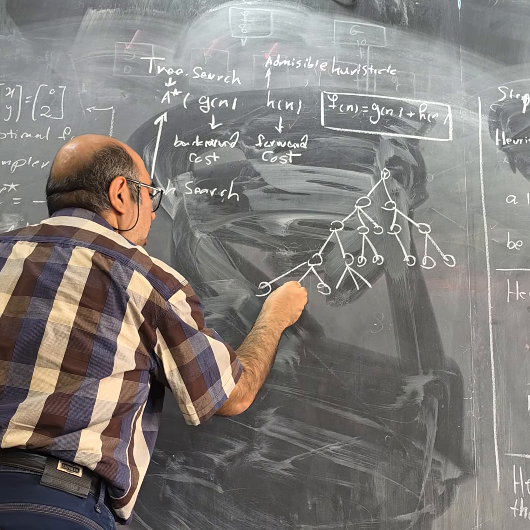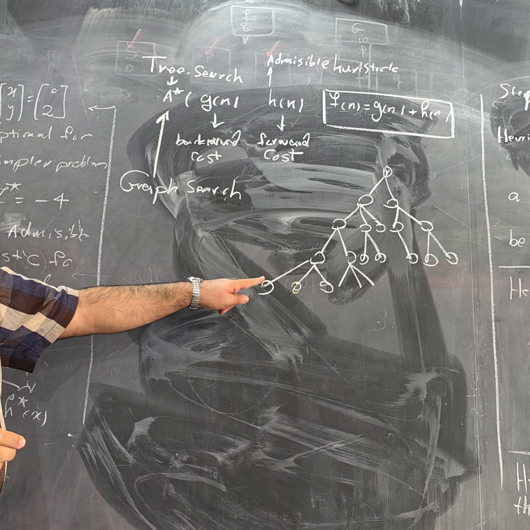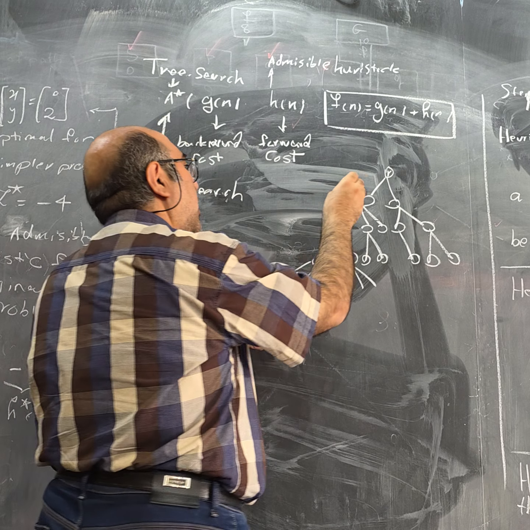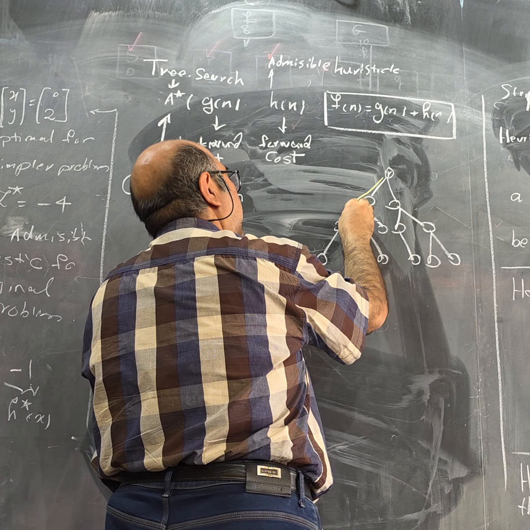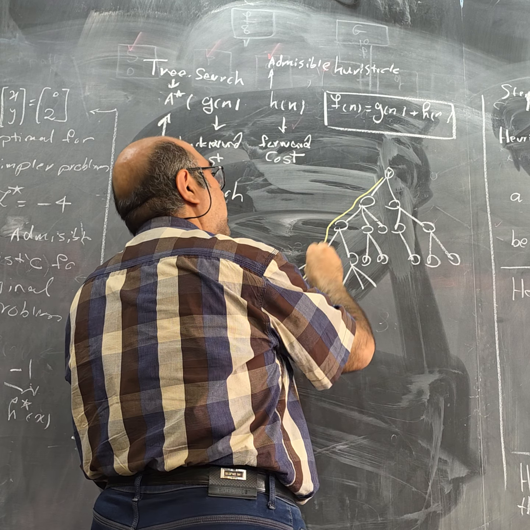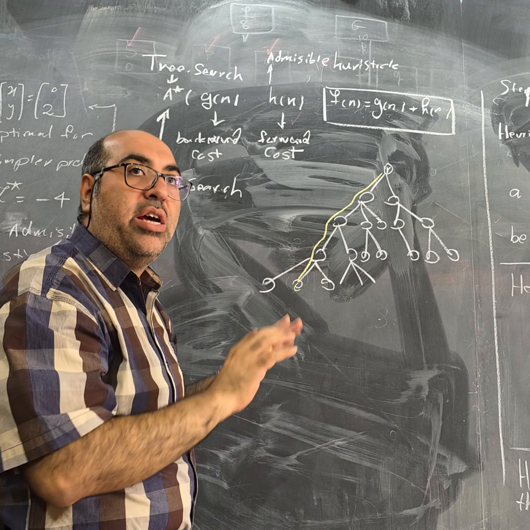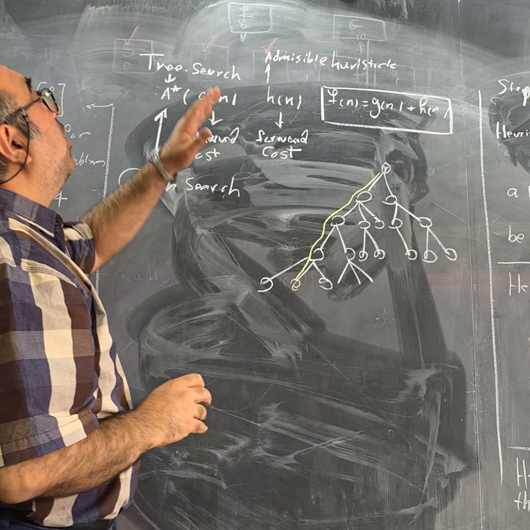For example, if you are interested in the path to I, you just select a single path from root to I. There is no other option. But in the graph,